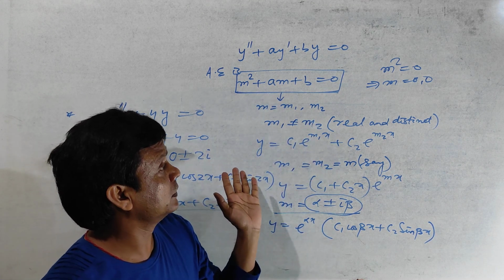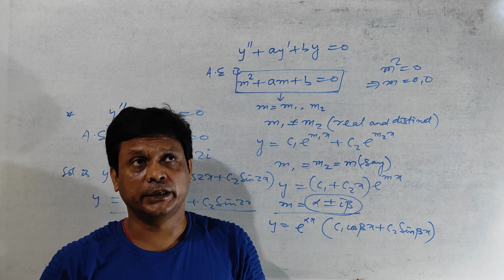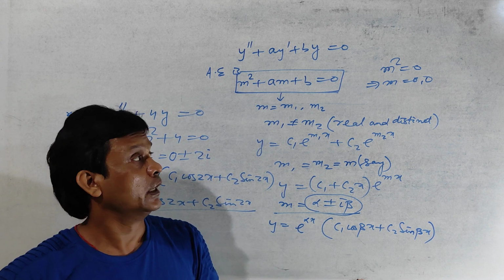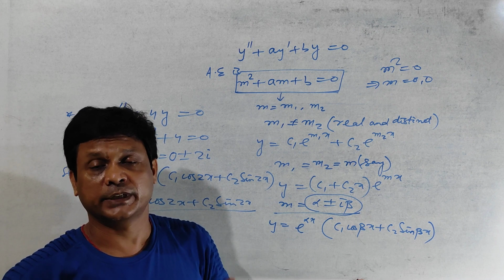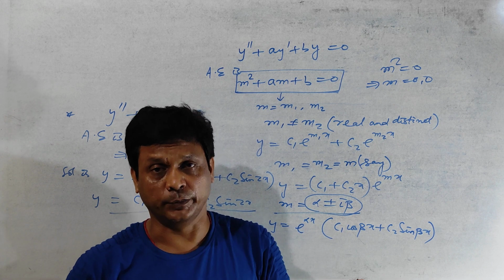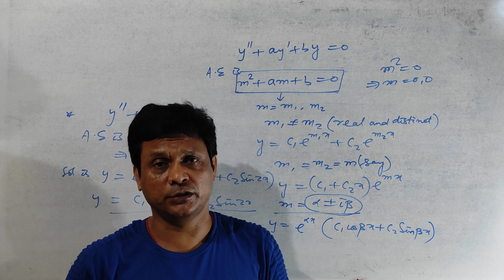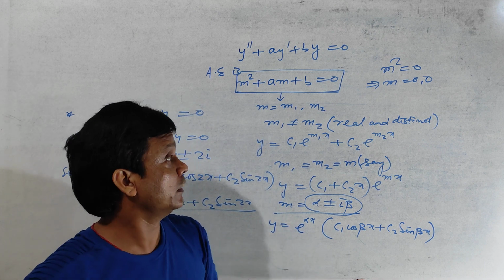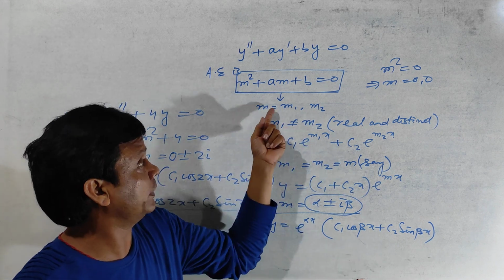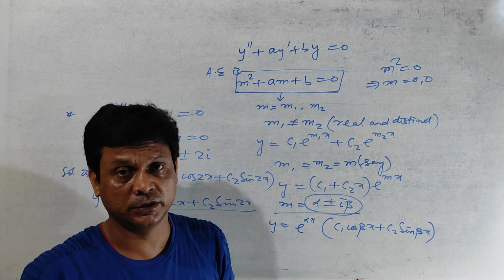And upon these formulas, I will give you some problems in the description. And there will be 3rd degree, 4th degree, 5th degree questions. And you have to first of all factorize it. I have given how to factorize a polynomial in one of my videos. So please see that video, how to factorize a polynomial, so that it will be very easy for you. First of all, you have to factorize it, and after factorization, you can know the value of m1, m2, m3, m4. Then only you can put the values. Otherwise, you cannot put the values. Clear?